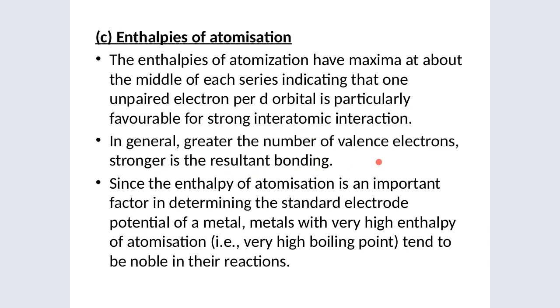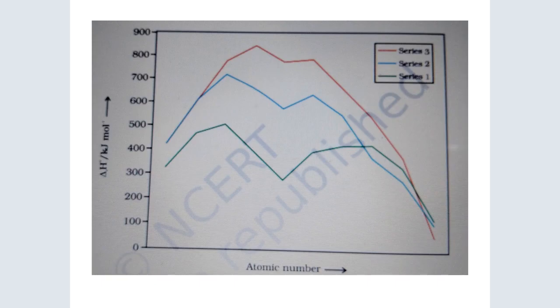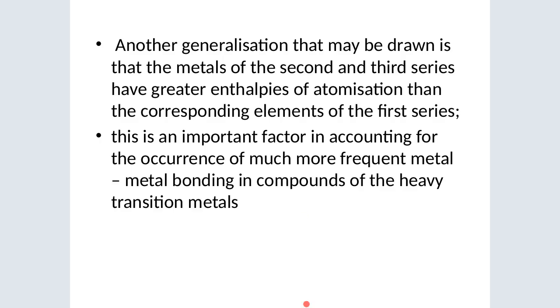And generally, the more the valence electrons, the stronger is the resultant bonding. So this is also a graph of enthalpy of atomization as it increases and then reduces with increase in atomic number. You can also see from that graph that